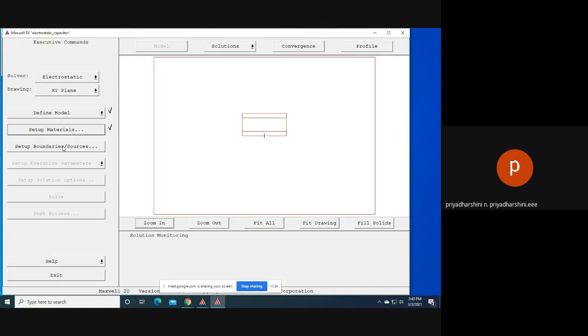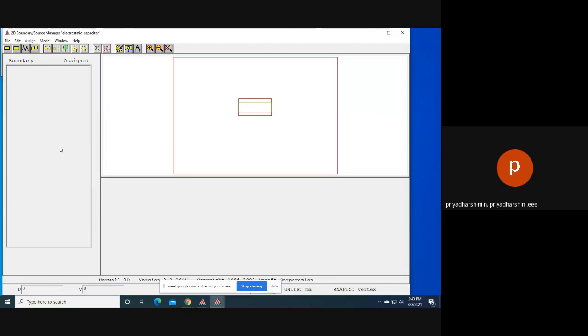Okay. So now you have to give the voltage for the upper plate and the voltage for the lower plate, everything you have to give. If you select it, it will go to this tab. So here also you have to select the object and you have to assign the source. Okay, the boundary and the source you have to assign here. So edit, select object by clicking, or else you can directly use this option. So if I click here, this object gets selected.